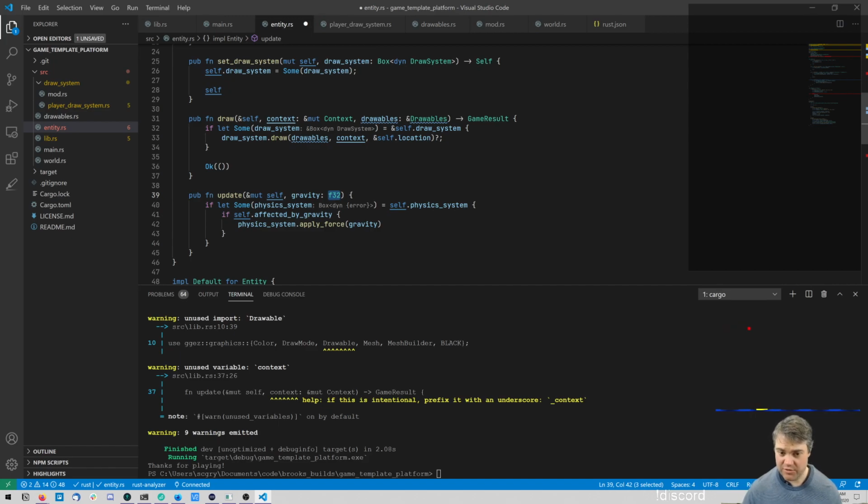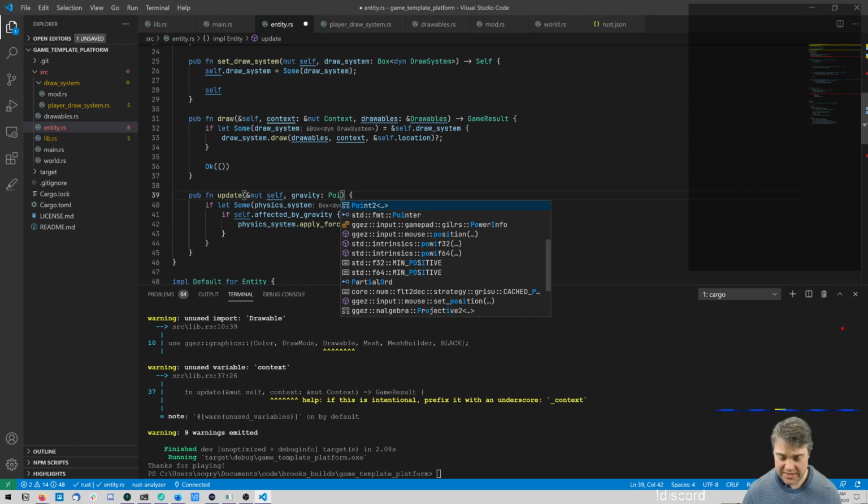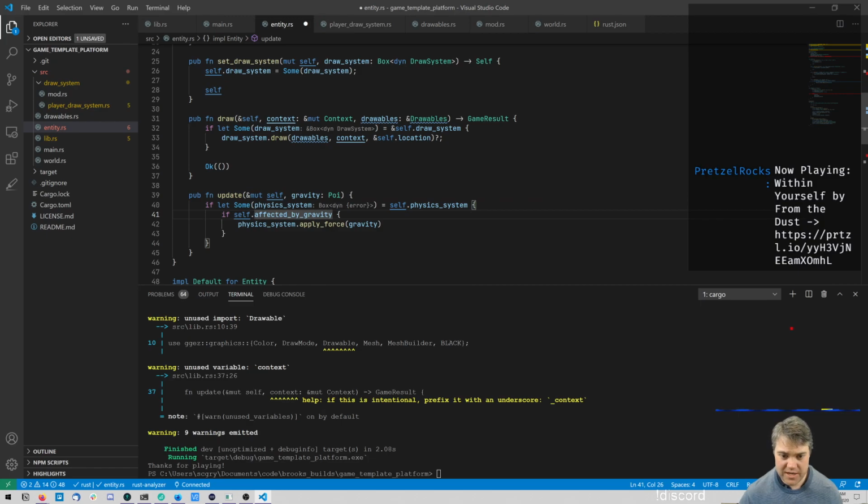So you need to be a gravity force, which is actually going to be a point. This shouldn't care about that, or like it's affected by gravity. You could be maybe an f32, but apply_force, you're going to be a